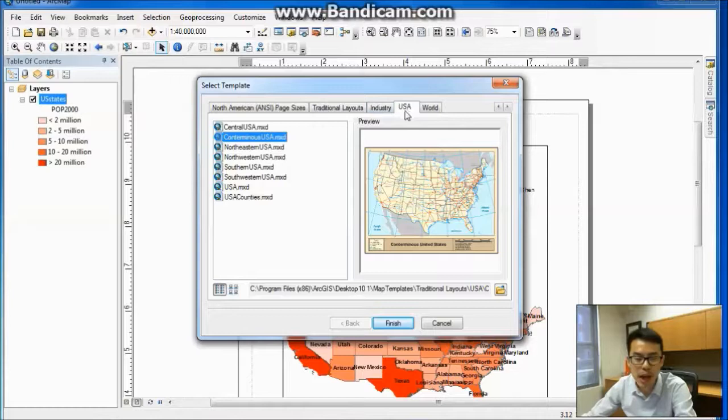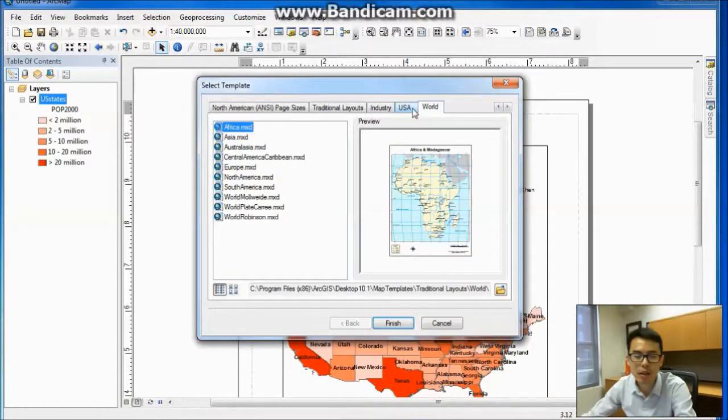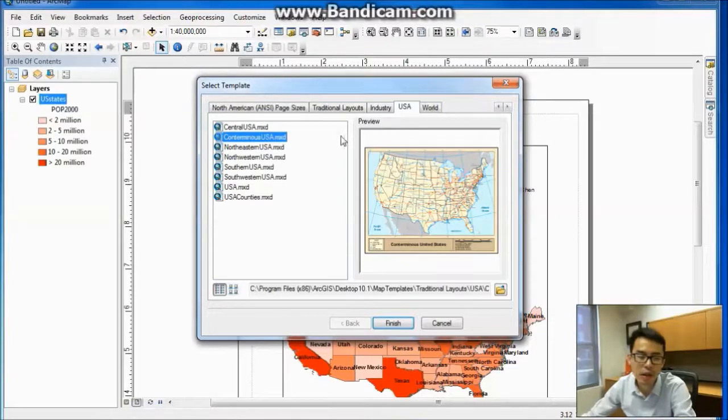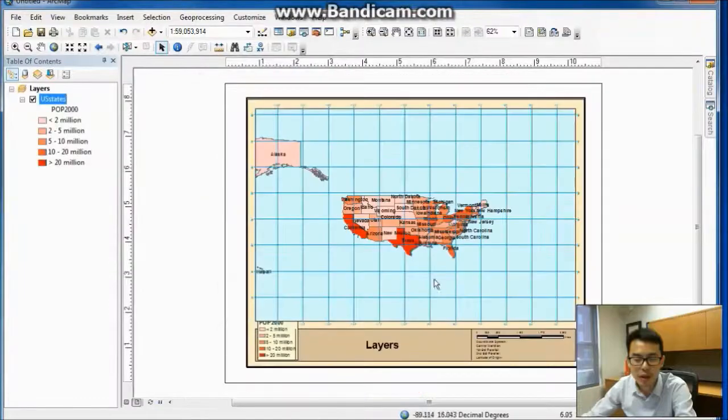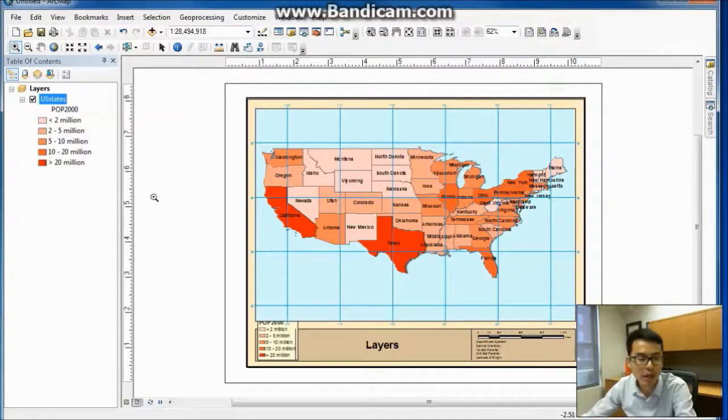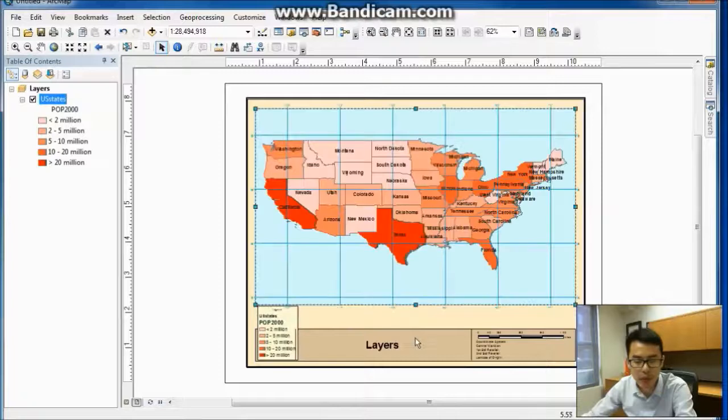So there's a USA template, there's a world template. So I will use a conterminous or continental USA template, and you click on finish, you will see all these maps have been changed, and you can just customize the map a little bit. This will look much nicer than the one we just made. And you make some adjustments, by clicking on the black arrow, to make it nicer,